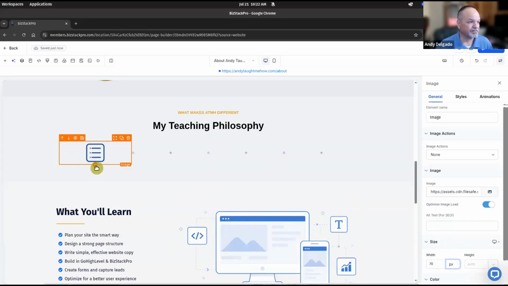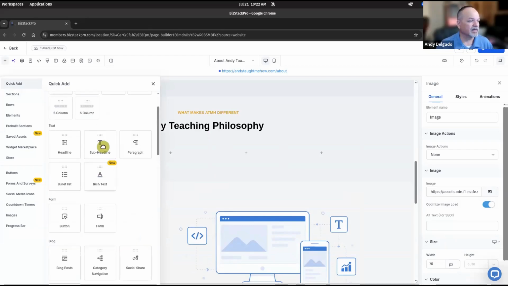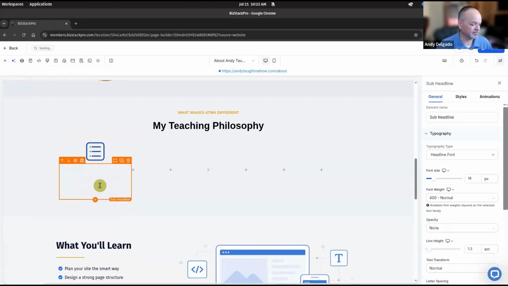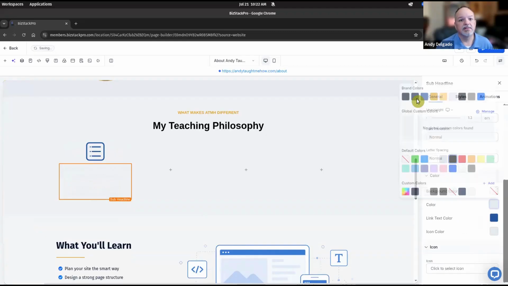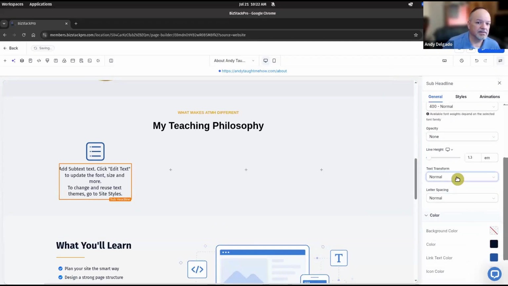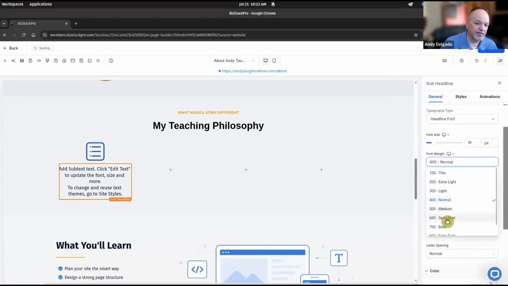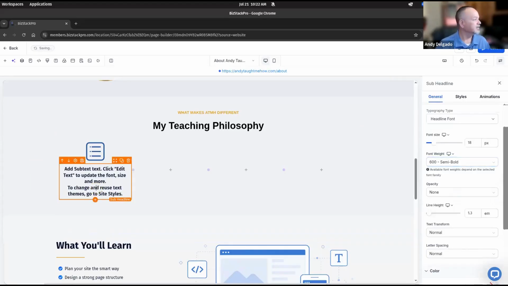We'll see. Okay, we're going to add this. We'll go ahead and call it a subheadline. We're going to call it an H3. It needs to be our dark color. General color, dark. Thank you. It is going to be bold. So font weight, there we go. We're going to make it semi-bold. That's good for me. And this is going to say,